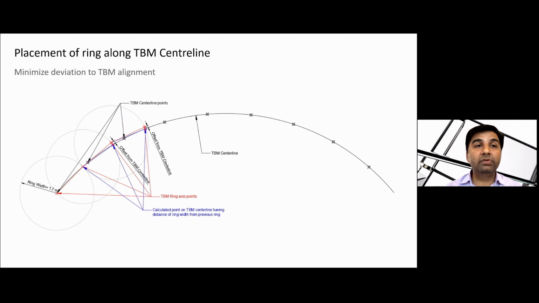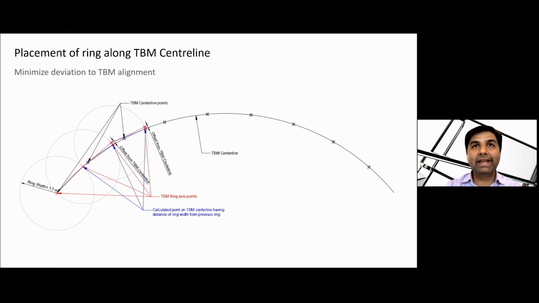Now, how we are minimizing deviation from the TBM alignment. We place the first ring, and then the second ring. Say you have n number of connections, and x number of positions which can create cruciform joints. So the allowed positions are n minus x.